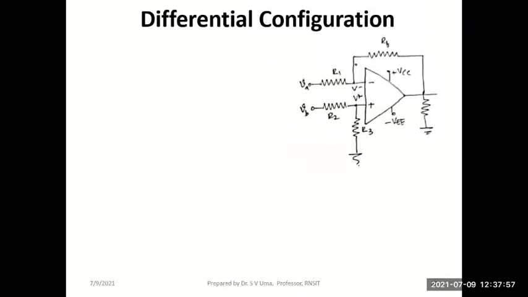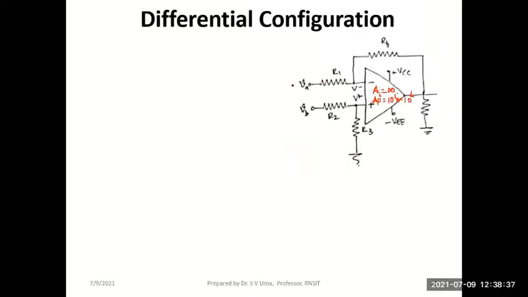I told you one point initially. What is the gain of the op-amp? The ideal gain of the op-amp is infinity. Even practically, it is in the range of 10 to the power of 5 or 10 to the power of 6. This is the most important hint there. Since an op-amp has such a large gain,